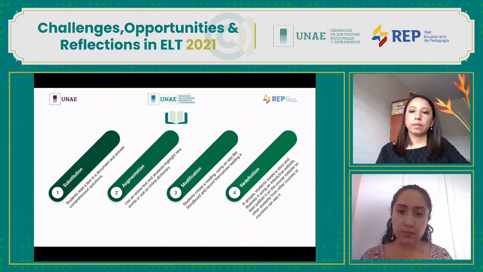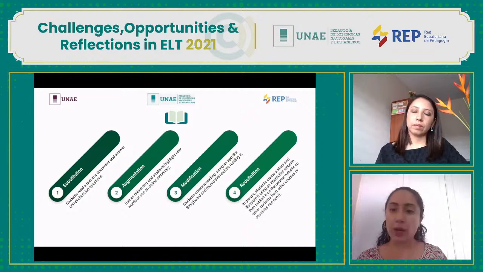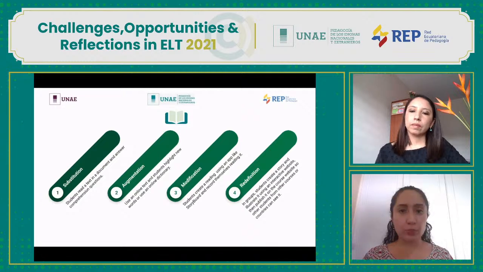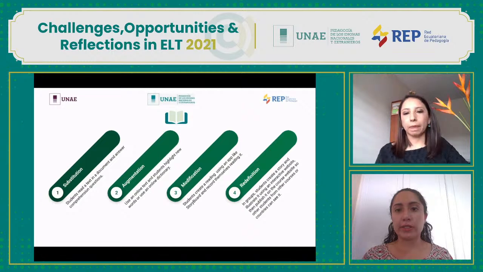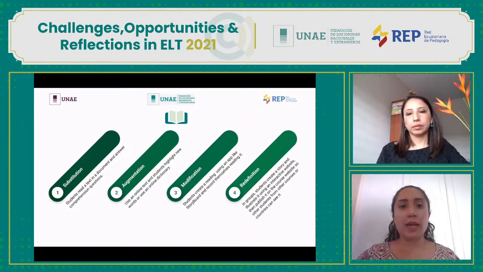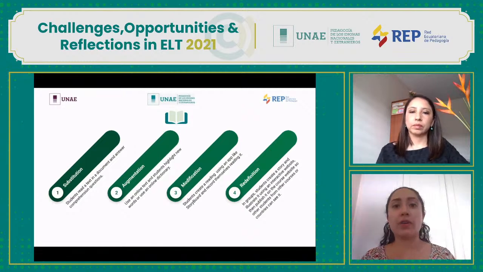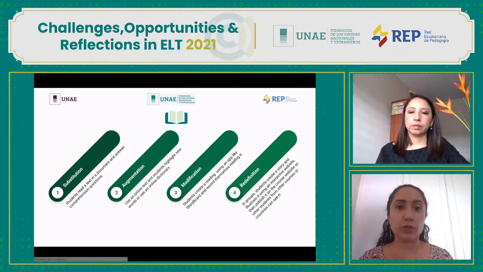And then in redefinition, students can create a story and illustrate it using interactive websites, publish it on a course website or on a broader platform so students from other courses or other countries can see it, right? It might be if you as a teacher have a blog, there's another website that will show you a little bit further down the line that also allows for this integration of technology and this transfer of information between groups and countries.